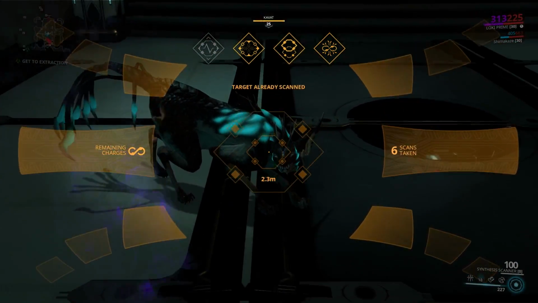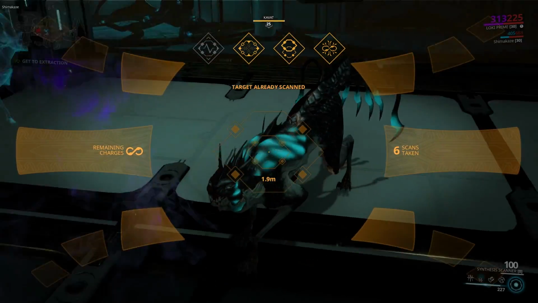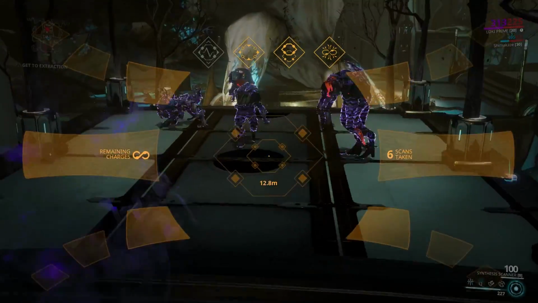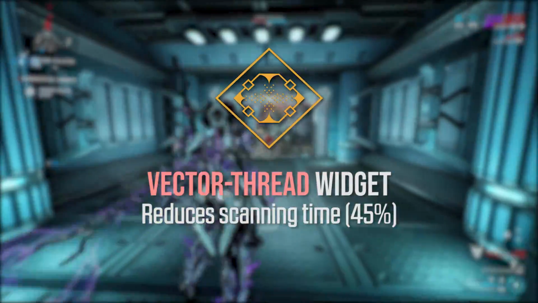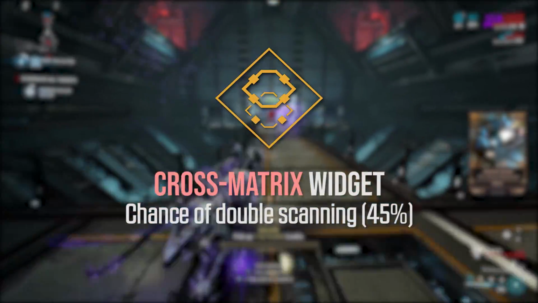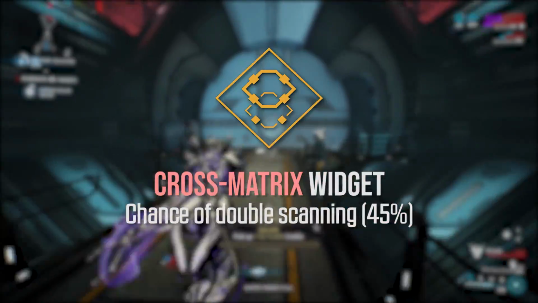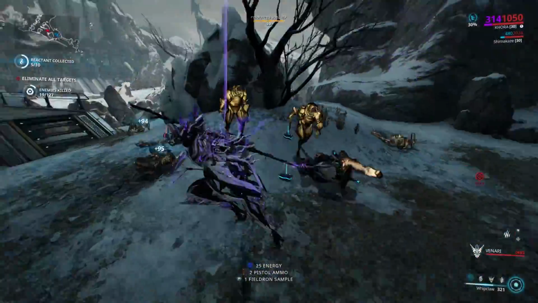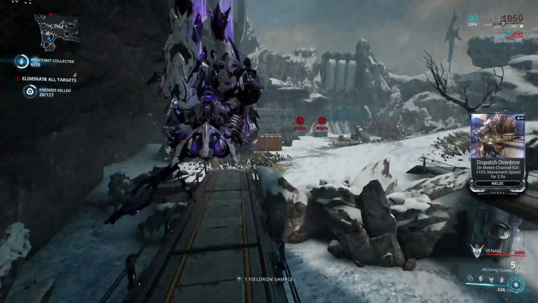To scan it, you can use either the codex scanner or the synthesis scanner. Both of them work, but it's best to go with the synthesis scanner because of the vector thread widget, which reduces scanning time, and also the cross matrix widget, which has a chance to scan the target twice, which will give you 2 Kavat genetic codes. And basically this saves time when you want to farm, and you might even get extras for your second Kavat